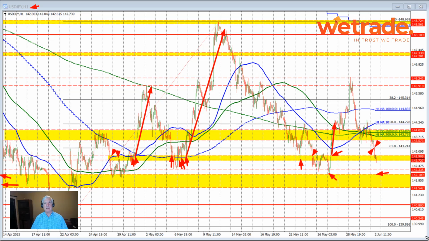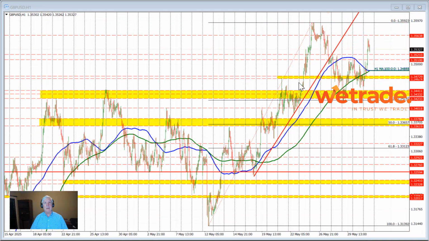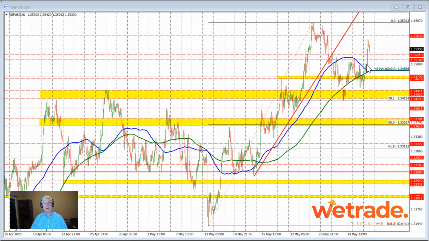Finally, let's take a look at the sterling versus the US dollar, and we'll focus on the hourly chart once again. This currency pair, like the euro versus US dollar, saw a big break to the upside. Now, the key things on this chart to me are the two moving averages, which are converged. That suggests that the market is in neutral through here, and we traded in a neutral type of way with a fail break to the upside, fail break back to the downside. But then the buyers came in with the overall dollar buying.